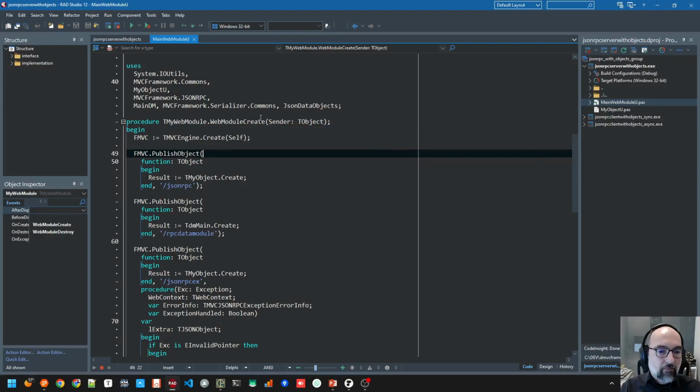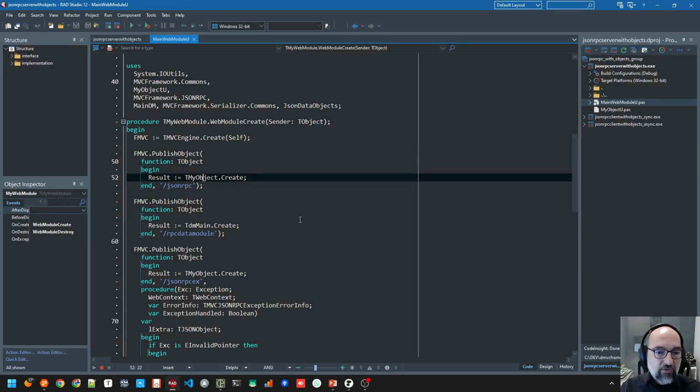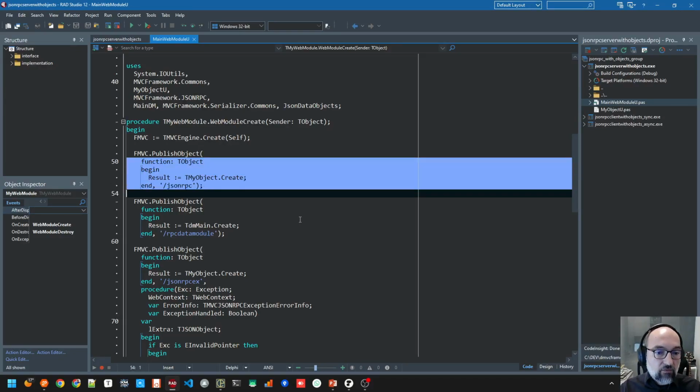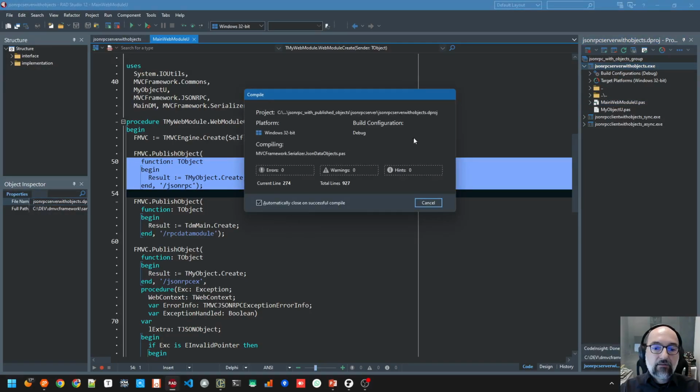This publish objects method requires an anonymous method which returns a TObject. This TObject will be exposed. All the public methods will be exposed as a JSON-RPC API automatically. You just have to call these 2 lines of code and it works. Okay, so let's start the server